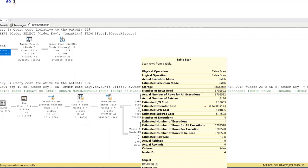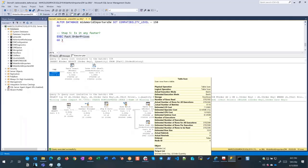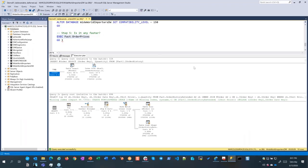Okay, so on the table variable, orders, I have an estimation of rows of 3.7 million, and I have an actual number of rows of 3.7 million. That is way better, a way better estimation. That's why it took like 11 seconds, which is four times quicker. So just by changing the compatibility level to the native instance, 2019, it runs faster. It ran a lot faster, and the table variable deferred compilation is just a small subpart of a bigger feature family